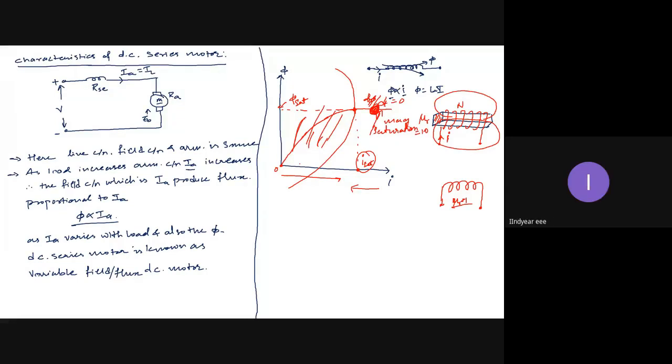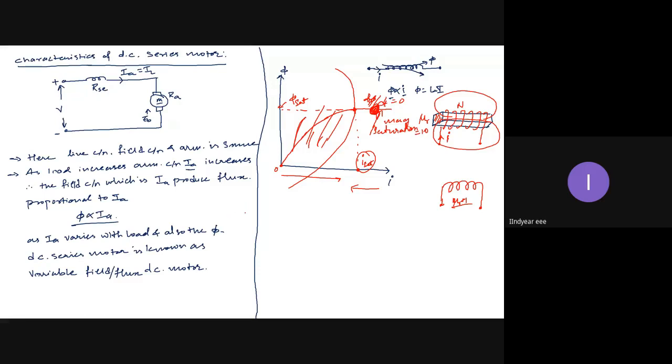Again, in detail, I will go into saturation and hysteresis loss when we look into the motor losses. But for the time being, I think you understood what magnetic saturation means. There I will also deal with the molecular magnetic theory. Briefly, I will explain what the molecular magnetic theory is in ferromagnetic substances. Now, for the time being, is it clear? Yes, sir. So with this, we will move ahead.